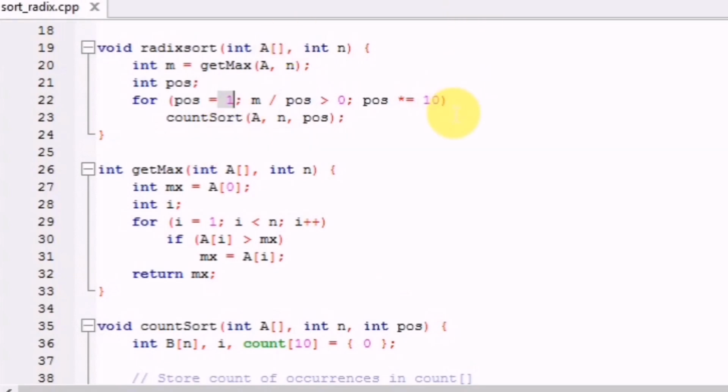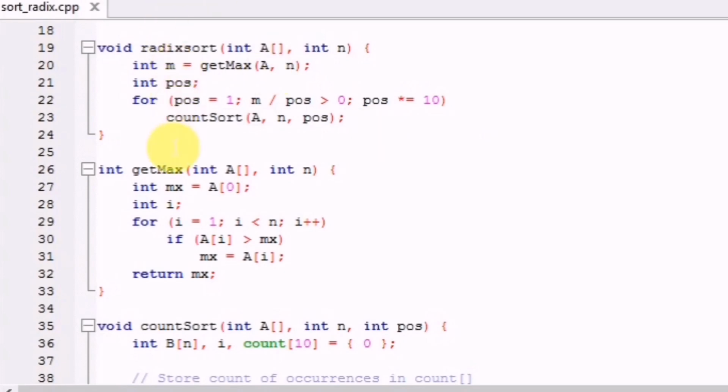So when pos equals 10, then the count_sort function will be called for the tens value, that is 4 in 740. Again when pos is multiplied by 10, then it will be 100, and it will be called for the hundreds place value, that is 7, right? So in this way we will sort all the elements according to their place value.